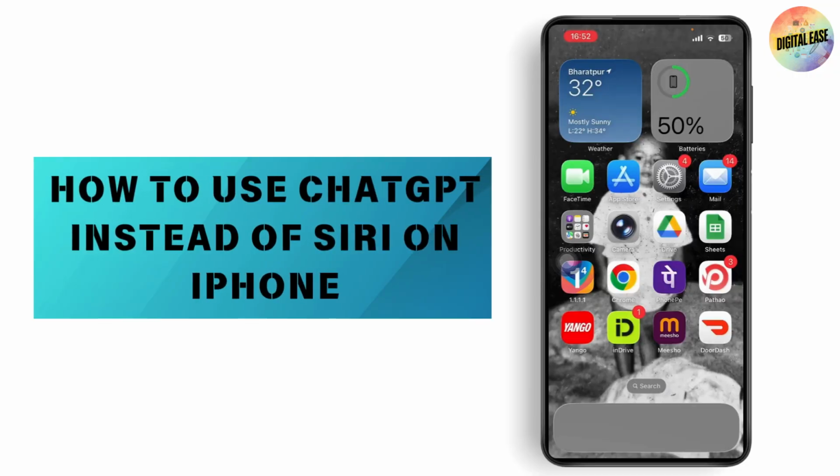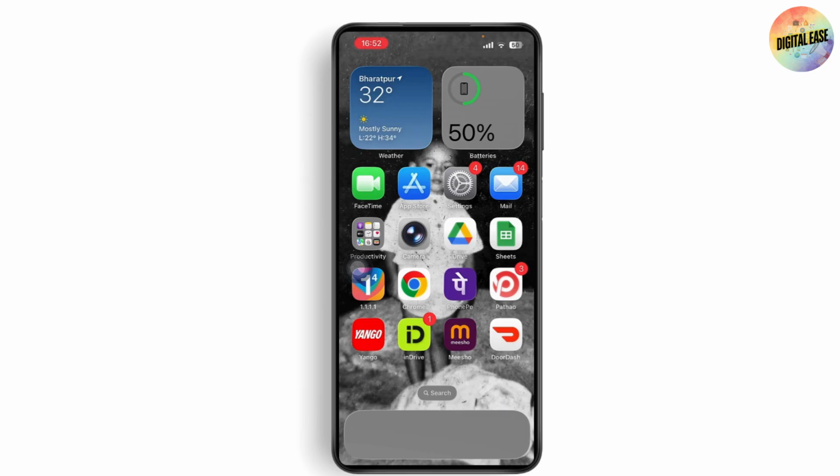How to use ChatGPT instead of Siri on iPhone. So if you want to use ChatGPT instead of Siri on your iPhone, then what you need to do is